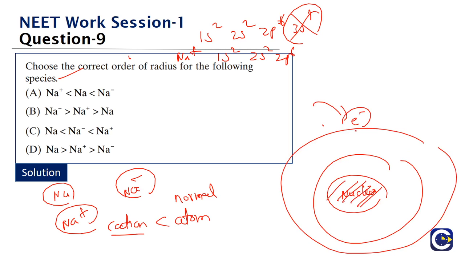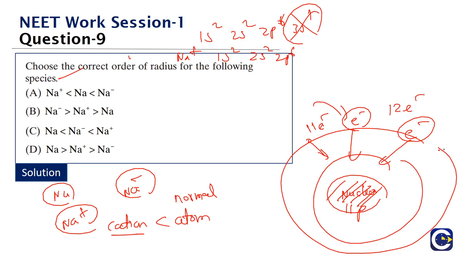So if you add an electron, then what is going to happen is the nuclear charge, which is quantified by the number of protons, will now be lesser than the total negative charge, the number of electrons. So as a result, the number of electrons are more than the nuclear charge that is sitting inside the nucleus. So the effect on each and every electron will be slightly reduced. Say for example, in the previous case, 11 protons are trying to exert the effect on 11 electrons. Now when we add 1 electron, the 11 protons are trying to exert their force on 12 electrons. So each and every electron will now experience a little bit lesser effect.